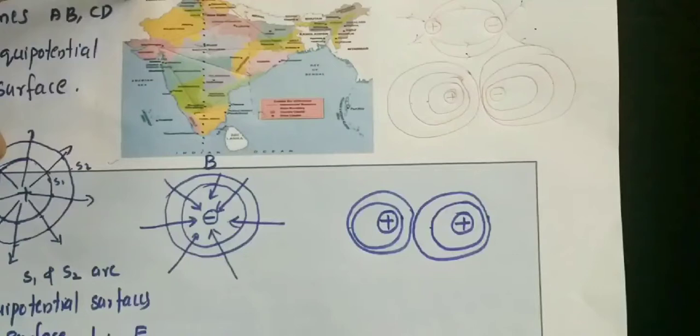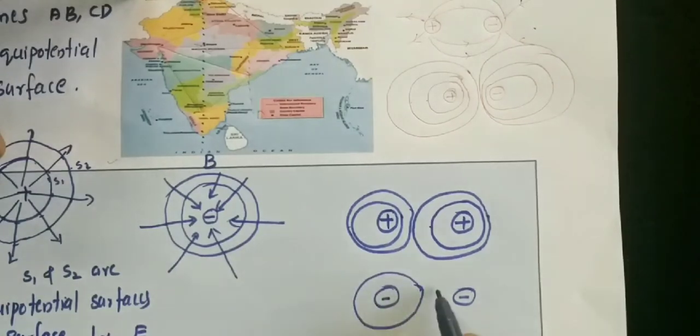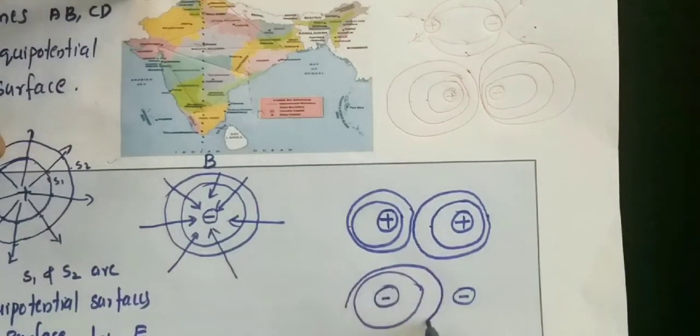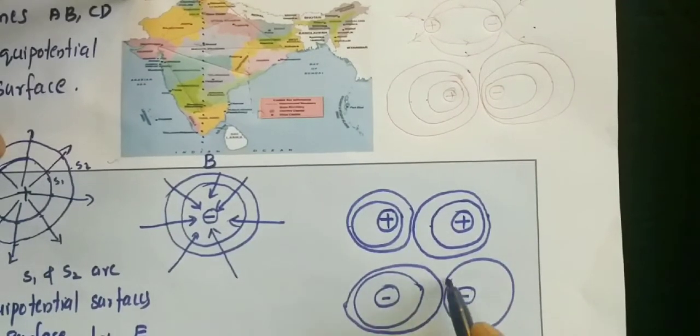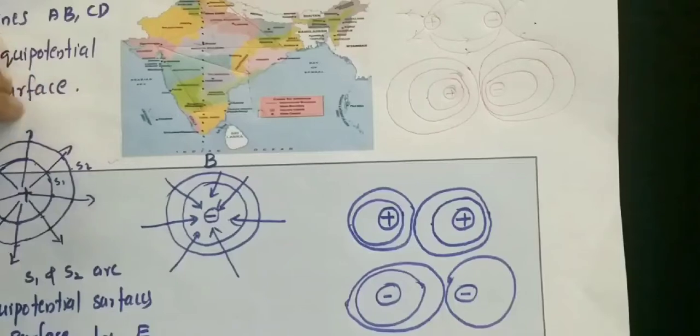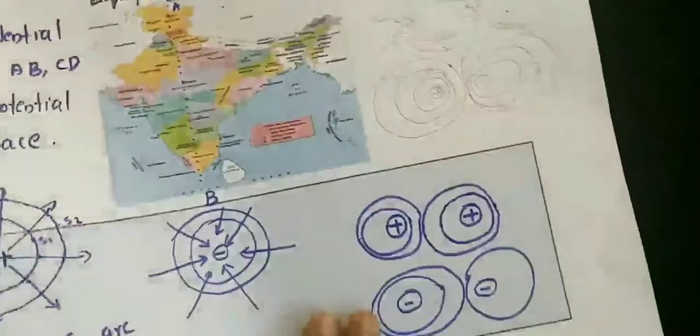It is just a reverse of the potential for a dipole. Now for negative charges also, if it is this way for two positive charges, then definitely the equipotential surface will look like this for two negative charges also. I am drawing just for your confirmation. You can see the gap between the two fields inside, between the charges, will be much more.